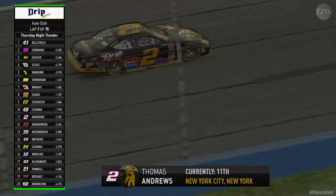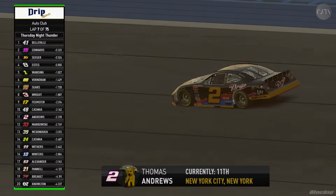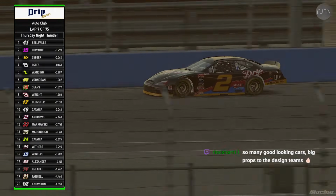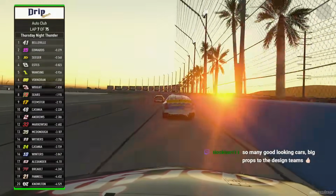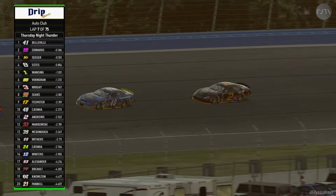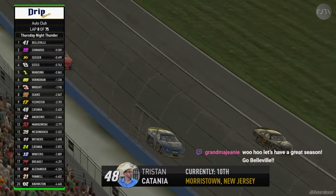Now, Ryan, it's been a while, admittedly, since you drove the high banks of Auto Club. But, and this is such a cliche question, what makes this track so difficult? Yeah, it's such a crazy track, and of course, it's unfortunately not a real track anymore. But one of the main things is there are so many lanes that you can use. You can run the bottom, the middle, the top. This track's really wide, so all these drivers are able to use the entire track and try and make up some